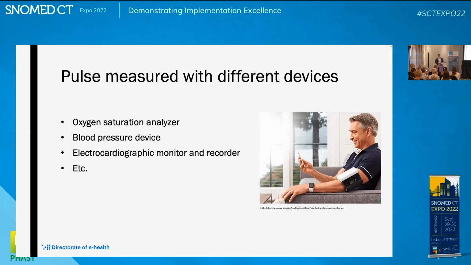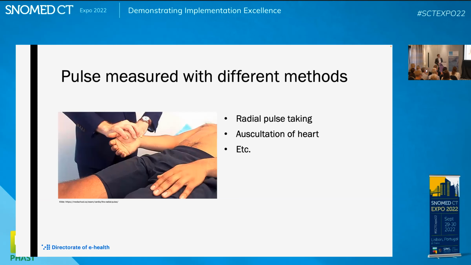And the second is, of course, you can measure this in different ways, as you will see as soon as the clicker starts working. Here we are. An example here is a radial pulse taking. That's what this person is doing. You can also auscultate directly on the heart. So there are different methods, all from having, once again, a machine or using my fingers,